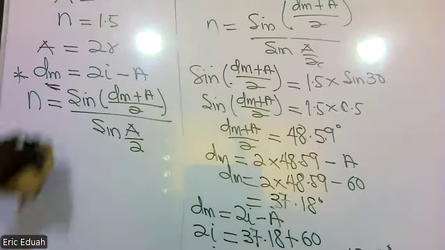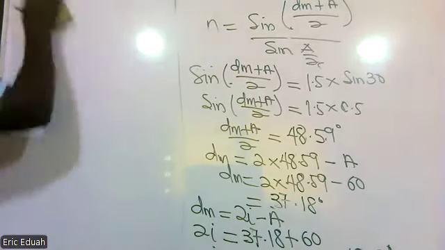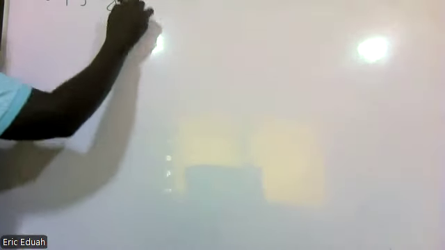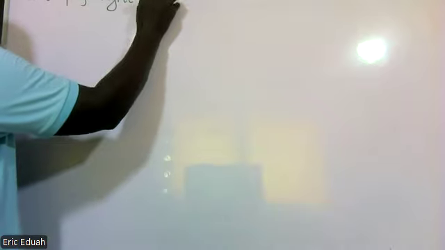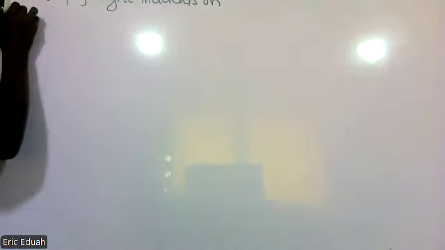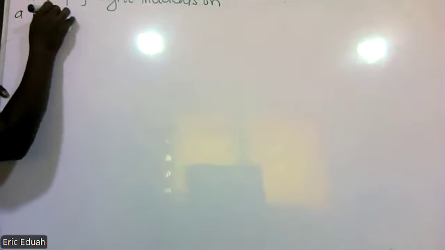But sometimes there are some key things you also need to understand under this, especially if you are told that a ray of light is incident on a triangular prism